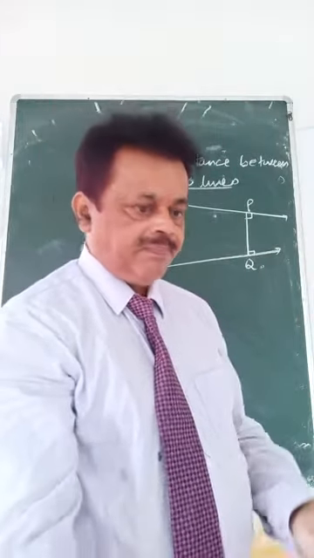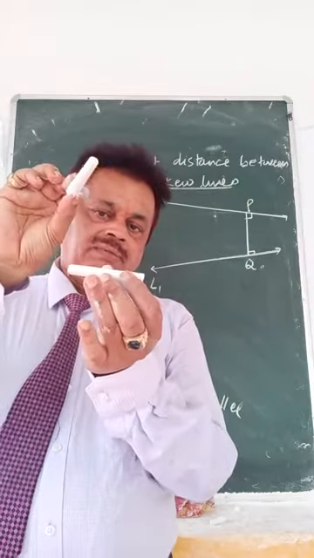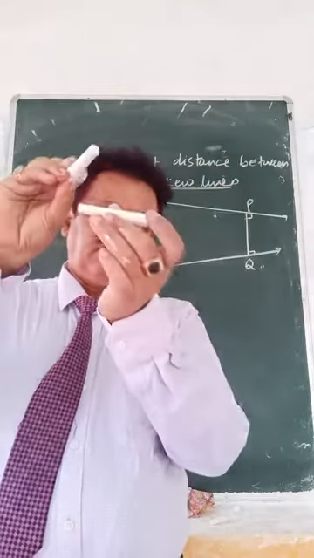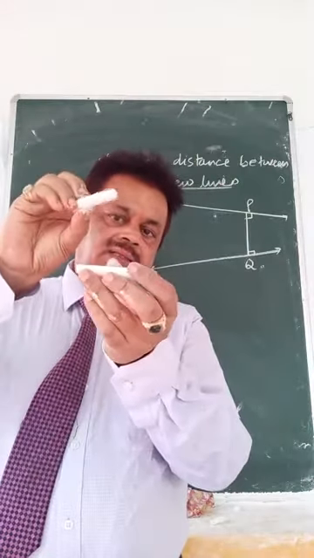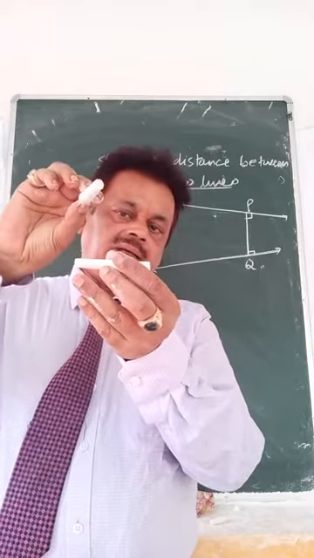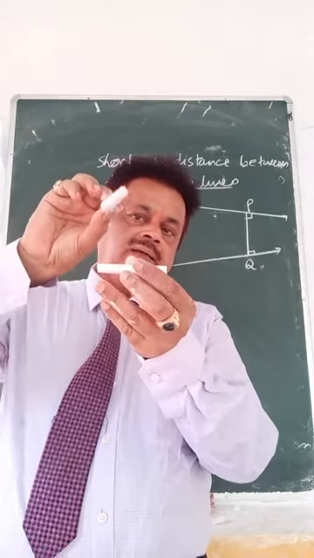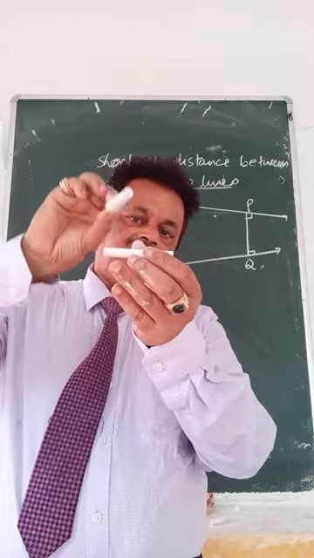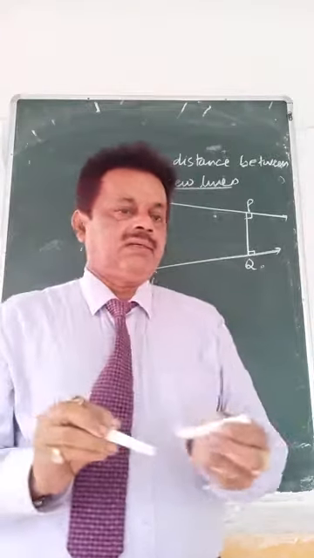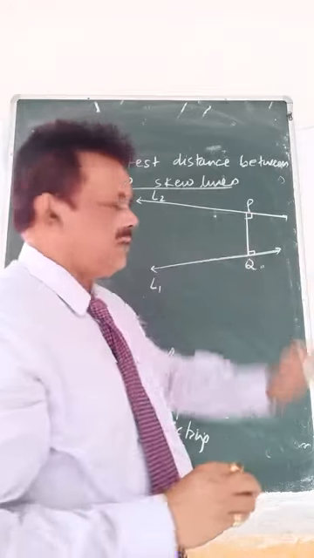Just imagine here, there is one line gone like this, one line gone like this. Look at here. Now if you toss or tie this one to a rubber band and hang it, hanging means there is a gap created here. You can see there is a gap. That gap, the rubber band, is the distance between two lines. So that will be perpendicular, because when you come straight, it is meeting here. That is a straight line. So that will be perpendicular to both the lines. So that is what you want to find out. PQ will be the shortest distance between two lines.